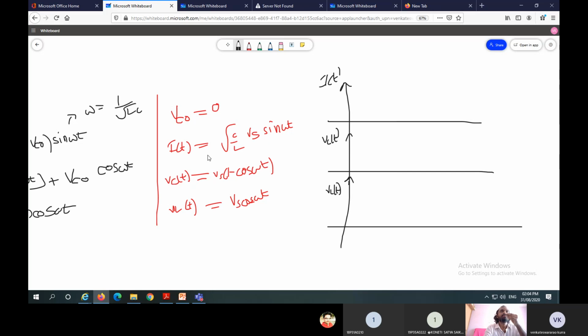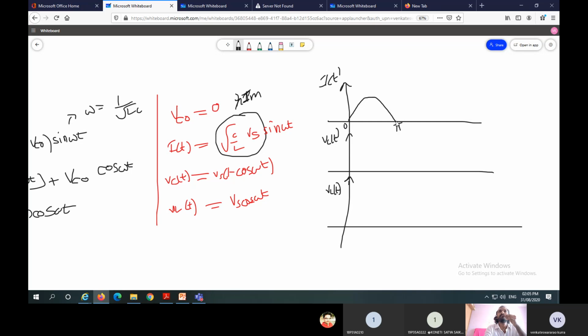If you observe this equation, I of t equal to square root of C by L into Vs, where this is the peak or maximum current, Im. So this is Im sin omega t, and this is the graph from 0 to pi. And after pi,